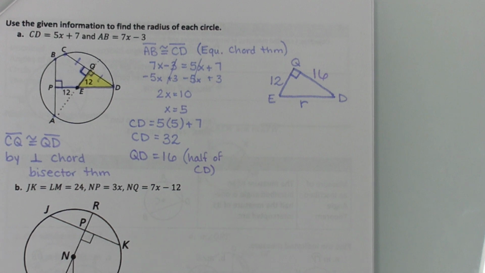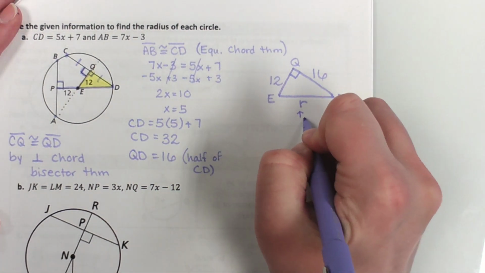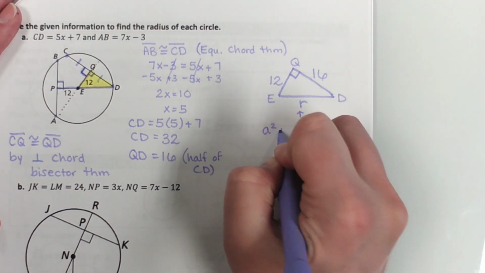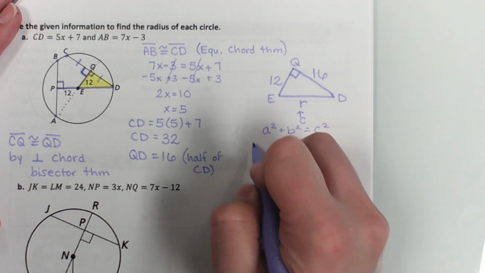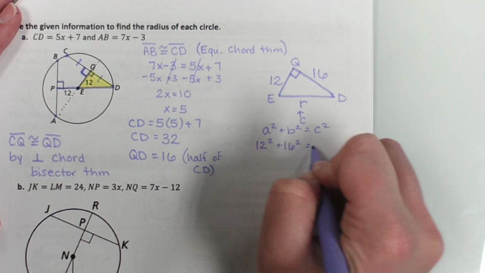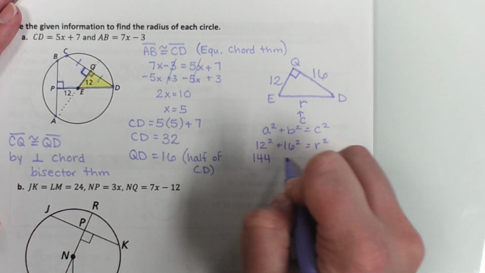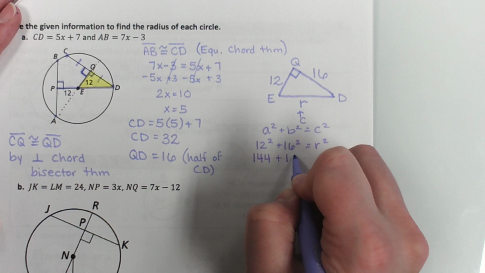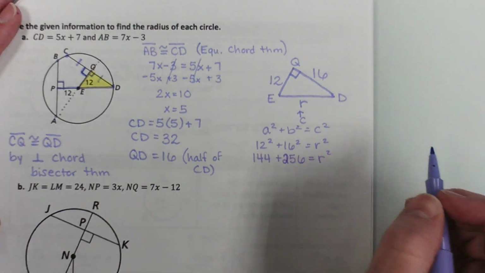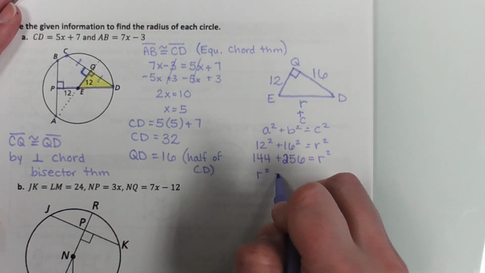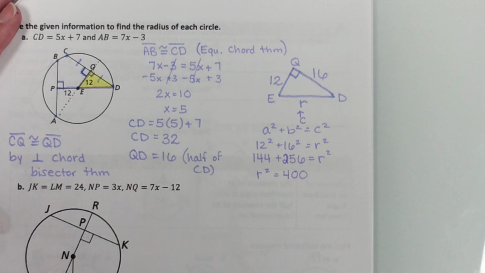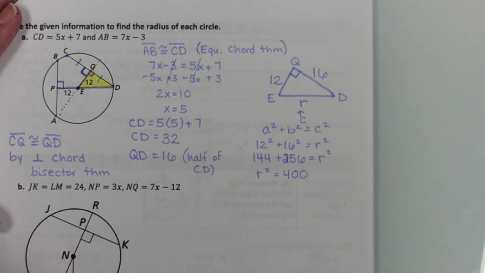How do I find R? We can do the Pythagorean theorem. Which side's the hypotenuse? Oh, R. So I've got my a squared plus b squared equals c squared. That's the c. So 12 squared plus 16 squared equals r squared. 12 squared is 144. 16 squared is 256. Add those together, you get 400. To get rid of a squared, you take the